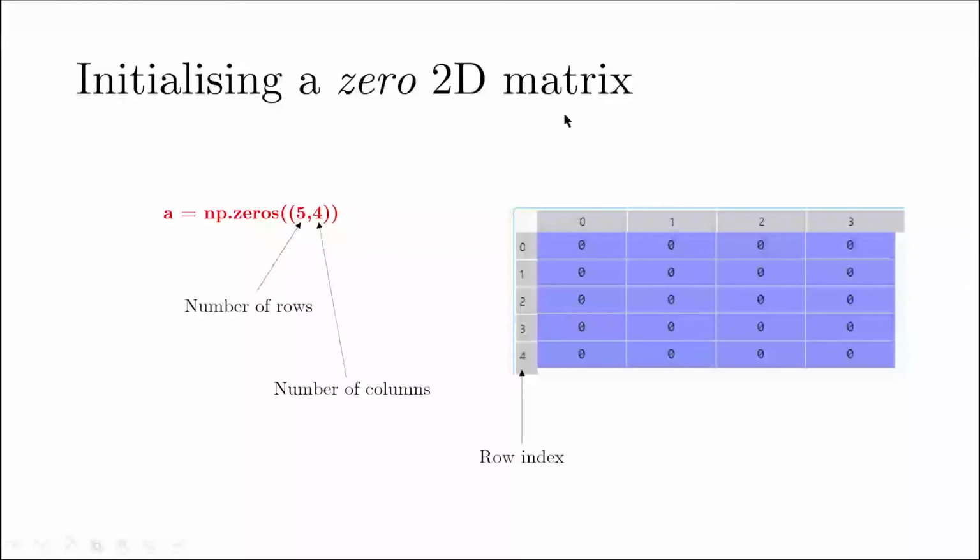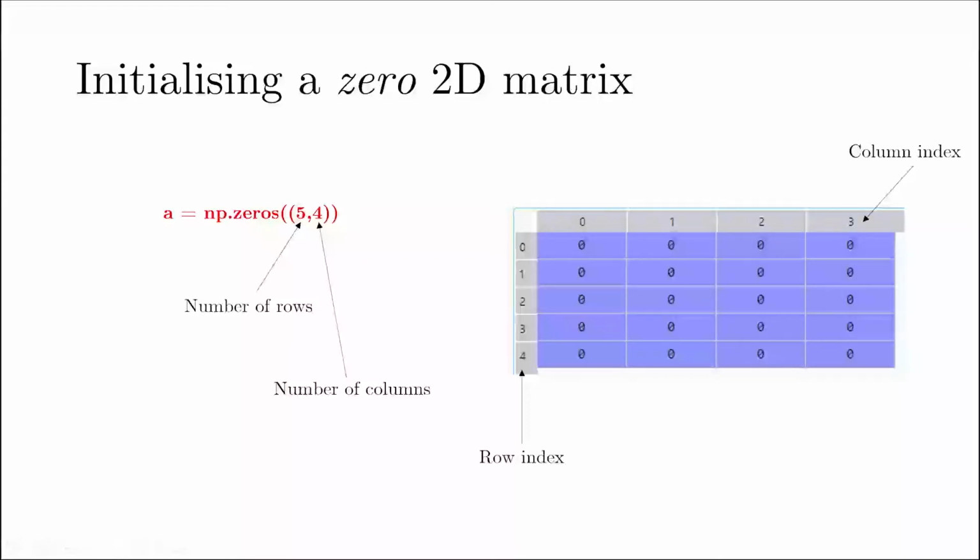So remember how the counting is slightly lesser when you try to count the number of rows and the index. That was the same case in the one dimensional scenario, where the first element of your vector had an index of 0, and the same pattern is followed in the 2D case as well. Similarly, for the column index, the first column has an index of 0, the second column has an index of 1, and so on.